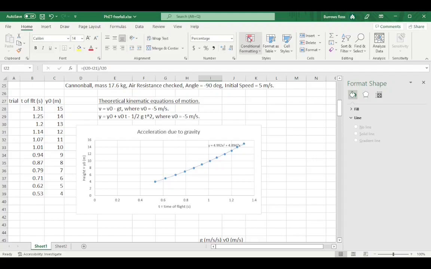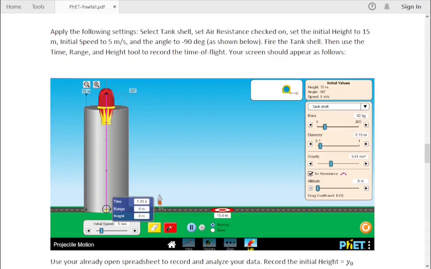But if you get rid of air resistance, and you can do this if you have a vacuum chamber, you can drop the lead ball and the feather in a vacuum chamber, and you'll see that they both fall at exactly the same rate. For each projectile, this lab also asks us to collect a set of data where we fire